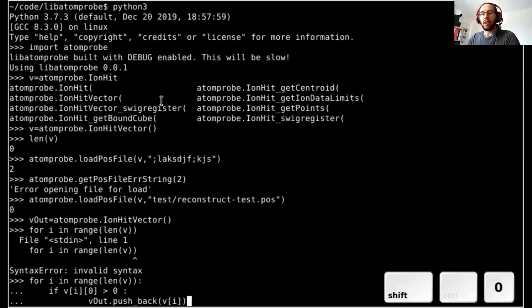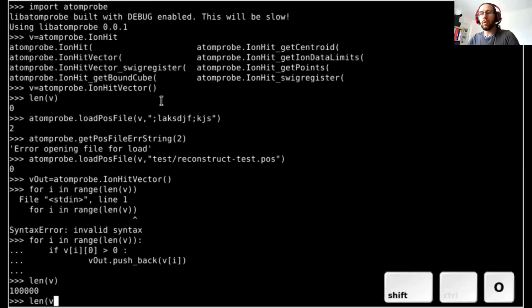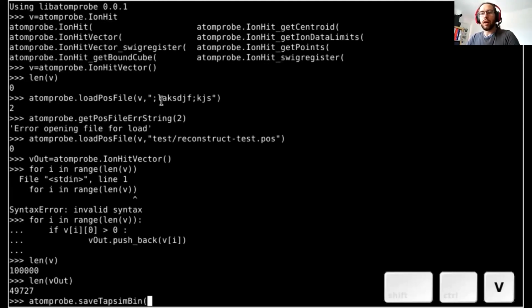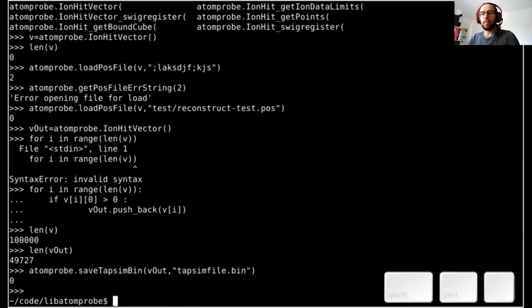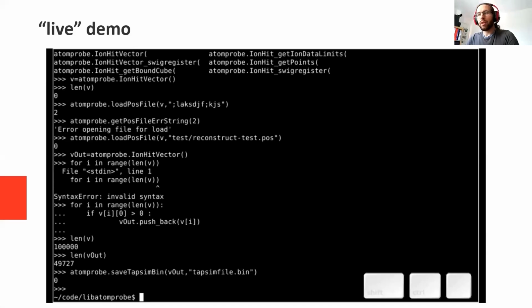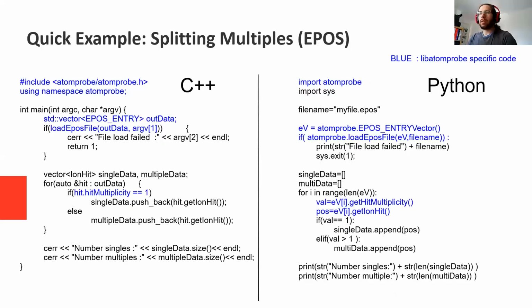So if they have X greater than 0, then we're going to add them to our output vector. And now we're just going to save that vector of ion hits as a TAPSIN binary file. So it's a very straightforward example of showing how you can use the library and how you can do, in this case, quite simple operations, but you have the power of all of the data and any of the operations that you'd like to perform. So just to give you a comparison of how it would look in C++ or Python, in C++,